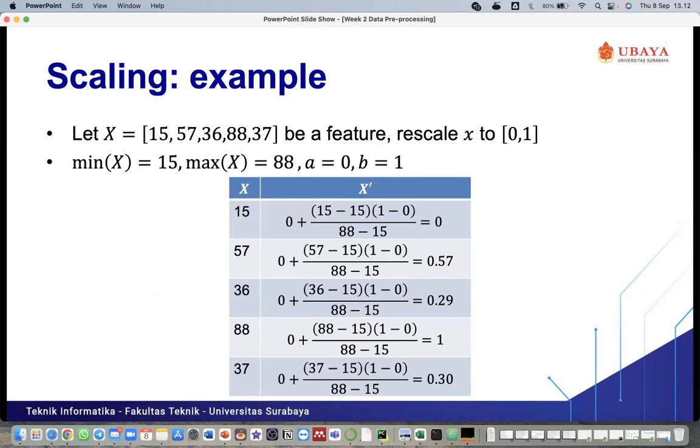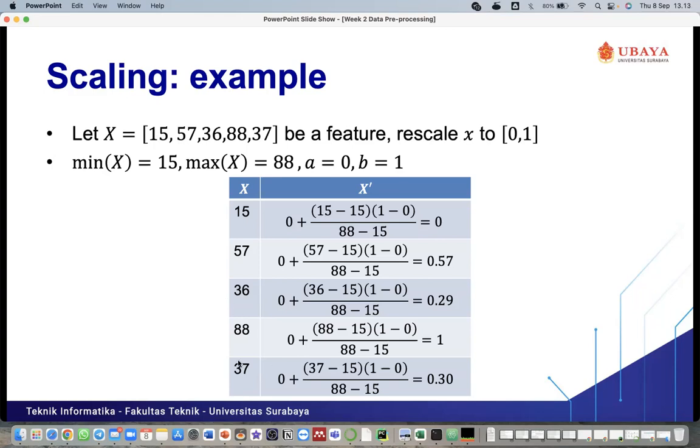If we want to rescale the x attribute to 0 to 1, each feature will be scaled to 0 to 1. So which of these values has 0 and 1 after we rescale it to 0 to 1?